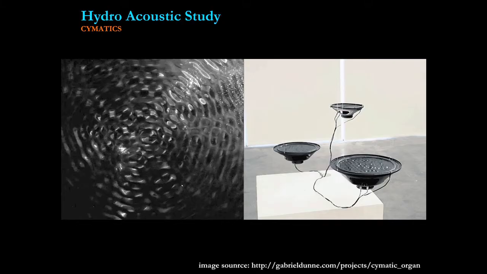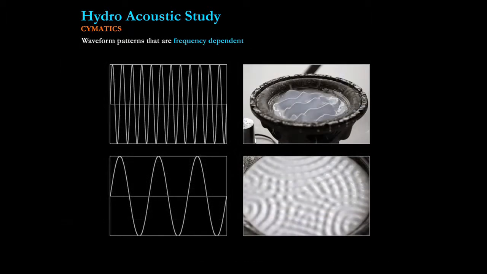This is basically the basic setup. It's become a very fashionable experiment and art piece in its own right. Many artists have used this system. In this case, water is just put into loudspeakers, and a signal generator is used to basically transduce the water. So as we move through the frequency bands from low to high, you'll see that you'll